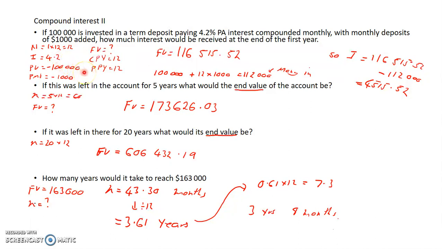PV is negative 100,000 because we are giving that much to the bank. That's going away from us. That's what we're investing. PMT is negative 1,000 because we're putting another 1,000 away. Final value is what we don't know. Compound periods per year is 12 and payment periods per year is 12. It gives us a final value of